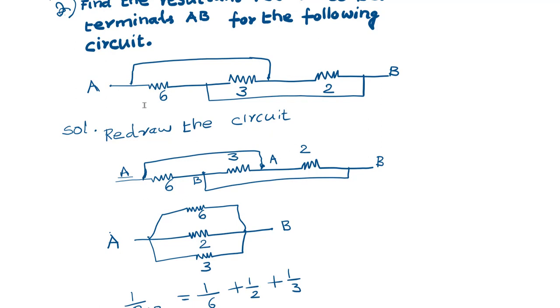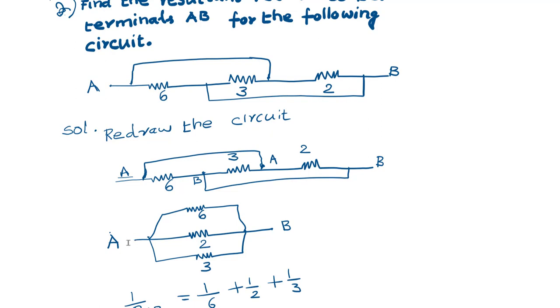So if you look at this, this is A terminal, the same wire coming up to here. So we say this terminal is also A. That is what we have written here. Similarly, this is the B terminal. From here there is a wire going up to here. So this we can also say is a B. So that is what we have written. So if you look at this, we have the A here, B here and B here. So ultimately we have only A and B terminals.